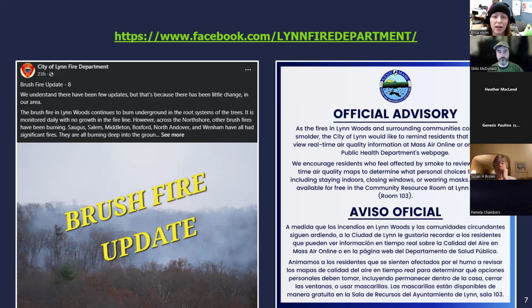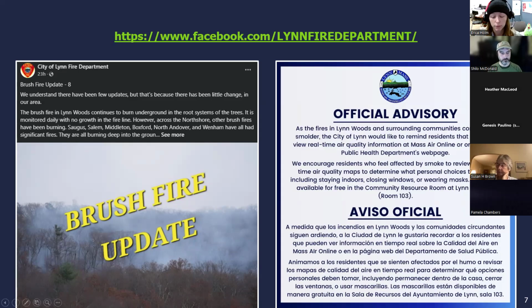And even areas that appear to not be burning anymore, if you're not a qualified professional, you may not be able to accurately assess the risk of those trees that have been burned that are still standing, where they may have been burned around the base and the roots, which are structurally important, but they've not burned up top. So there's quite a bit of weight at the top of that tree that could fall unpredictably. That's why we have to keep the Lynn Woods closed, even if the fire appears to be out.